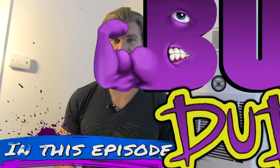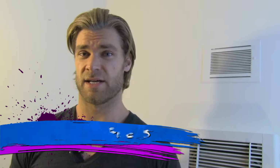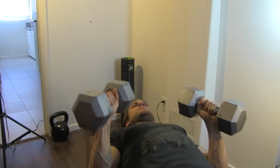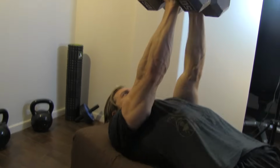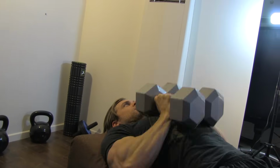So let's get started. First on the list, close grip dumbbell press. We're starting this workout off with a compound movement, so it's really gonna stress those triceps. The chest is gonna help out a little bit, but what you really wanna concentrate on is squeezing up at the top, fully extending the arms, locking them out and contracting those triceps, and then slowly letting them down to